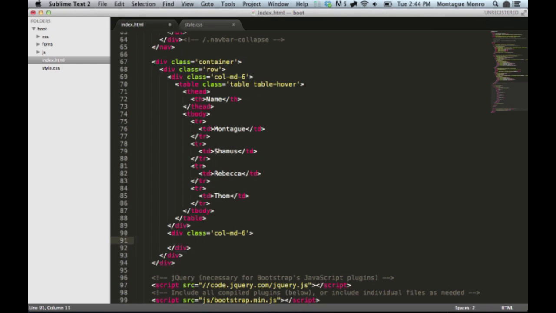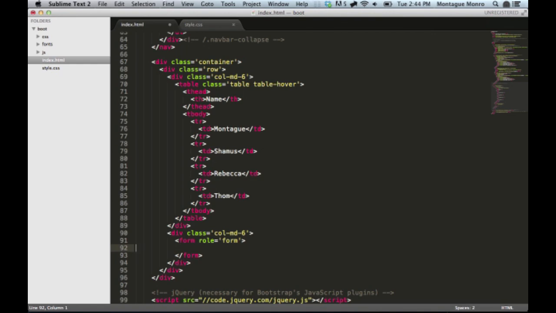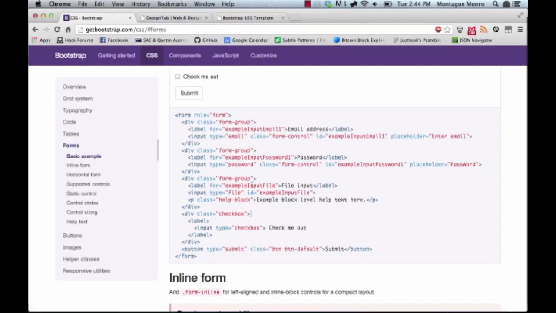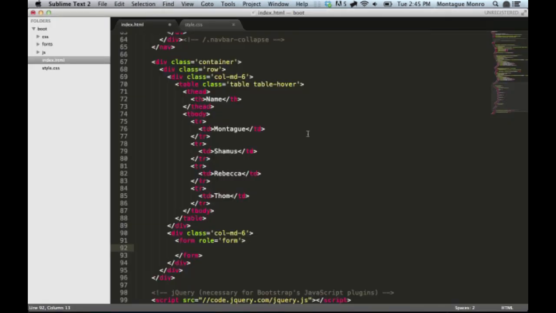There we go. And we want a form. We'll say role form. Excellent. Now what did we want after that? We wanted our form group, our labels, and inputs. So div, class form-group,